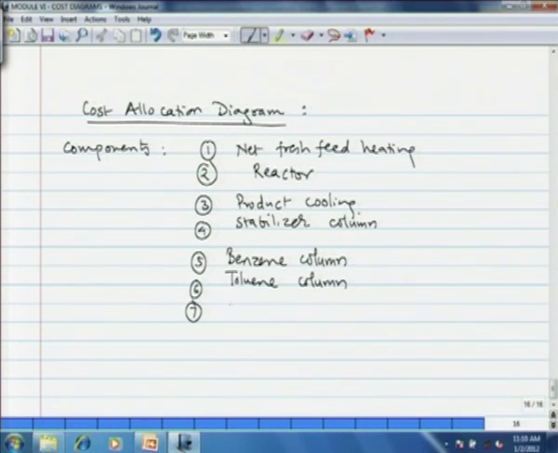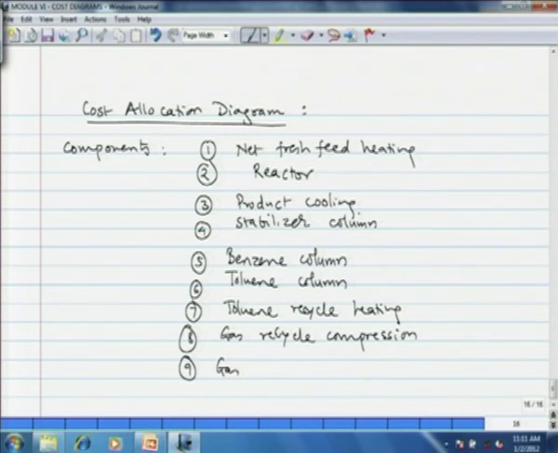Seven, the toluene recycle heating. And finally, the two components that are associated with gas recycle stream. First, the gas recycle compression, and the gas recycle heating. So, our cost allocation diagram will have these 9 components. In addition to these, in order to assess process alternatives, we also write the losses that occur in the system